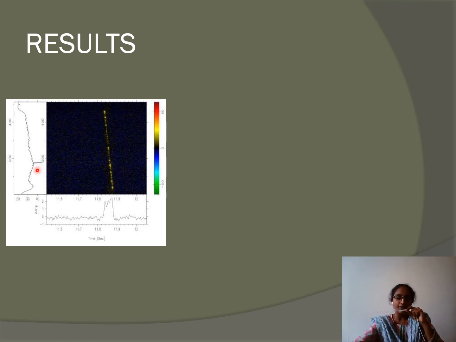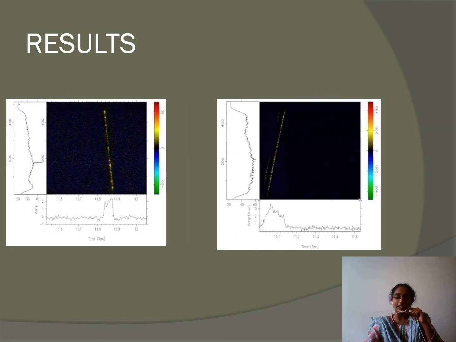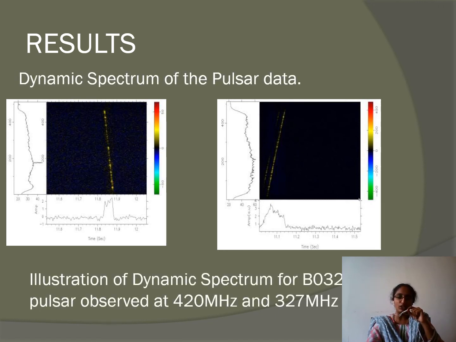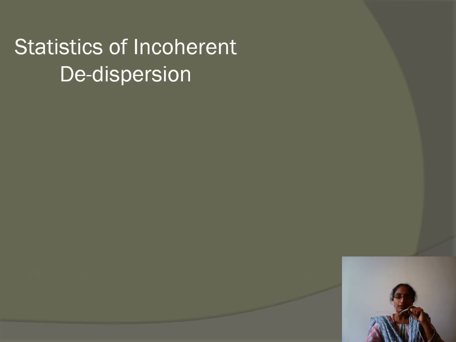So there are RFIs, is what we are able to notice in the left pane. On the bottom pane it is the average of time, where you are able to see there is no peak because of the delayed acquisition of the signal. Now if I correct this and see, this particular segment tells we have over corrected it, so we will do all the corrections properly, and then you will be able to see how the signal appears.